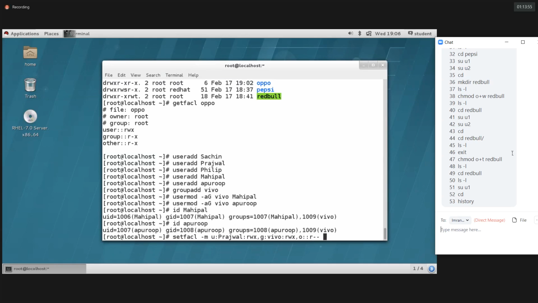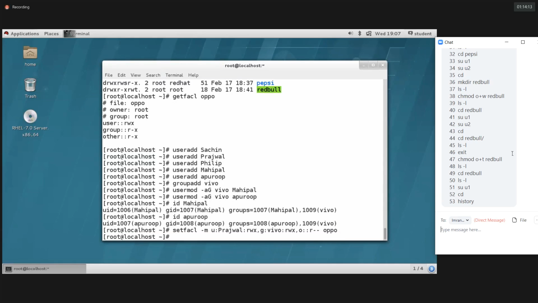Only r, that's enough, it doesn't require w. I'm providing read-only permission for other users. So who are the other users now? Sachin and Philip, that's it. Now these two people are other users. I'm providing this permission to whom? The Oppo directory. Oppo is the directory name.